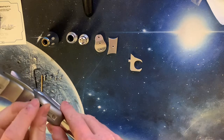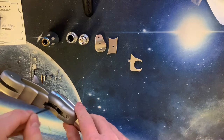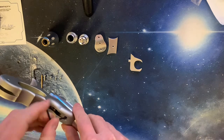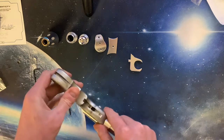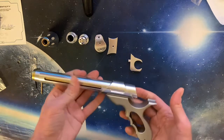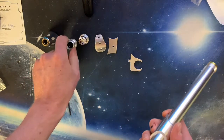Drop that down, spin it around. We're talking about aluminum. You don't need to go too crazy tight. Just give it some nice finger tight. Bam. Nearly there. Next piece we want to go to